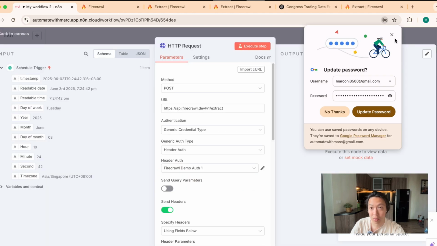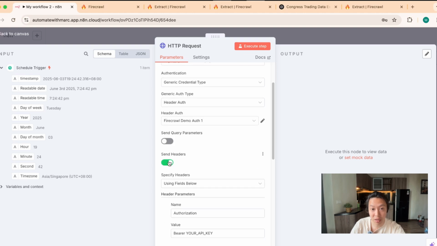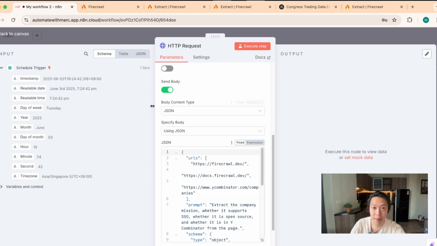Okay, so now that's already set up. You can turn off the headers portion because that comes under the authentication, and now we have to define the JSON body content. This part gets a little bit tricky, but essentially what you need to do is replace these URLs with the URLs that you want Firecrawl to extract from, right? So in this case, you're going to take all these and